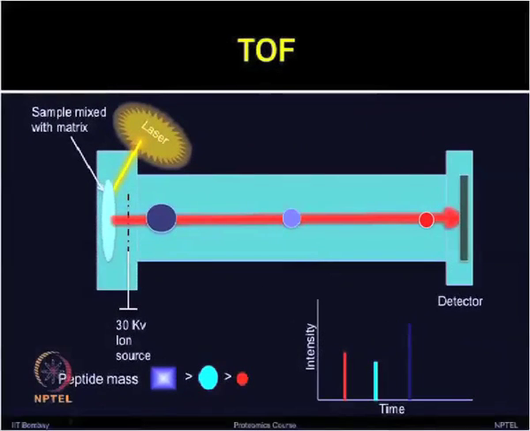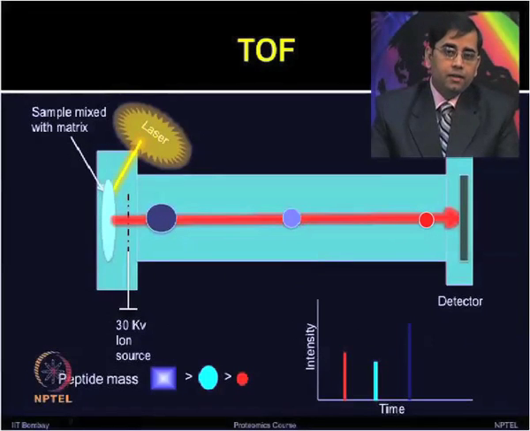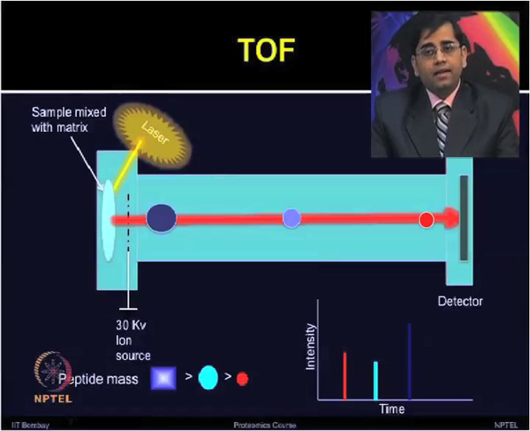In time of flight tubes, the ions are accelerated to high kinetic energy, and due to their different velocities, they are separated in the flight tube. As I mentioned earlier, by adding the reflectron or a reflector, the ions can turn around in the reflector, which can compensate for minor differences in the kinetic energy.